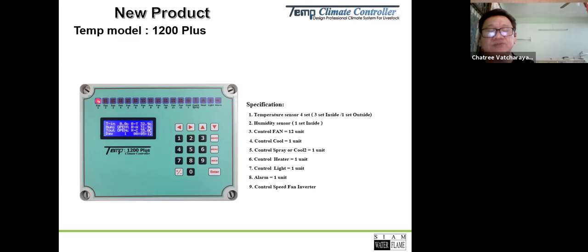I have visited farms in Pakistan, and sometimes they open the inlet manually, by themselves, because they don't have a motor to control it. So if they choose the controller, that box is not needed